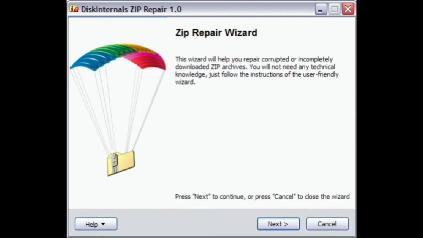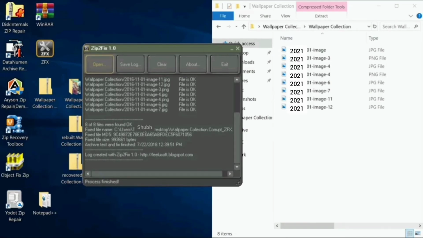There are more tools as well, such as DiskInternals ZIP Repair, which is free to download, and it managed to recover 8 out of 9 original files. It is dedicated to repairing zip files, has less clutter to navigate than WinRAR, and launches with a wizard-style prompt, instead of having to go through many menus at once. And yes, it's free. The second one is Zip2Fix, tied for first place recommendation, with an interface that involves even fewer clicks than DiskInternals.